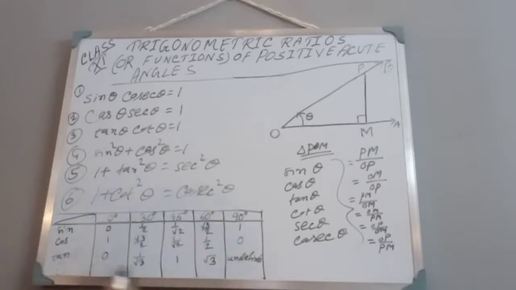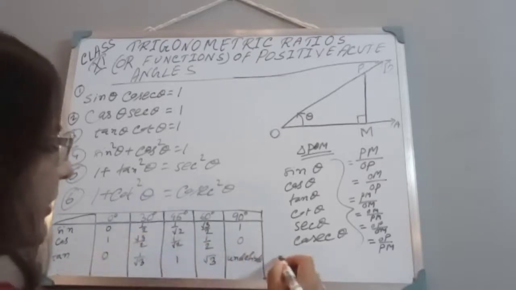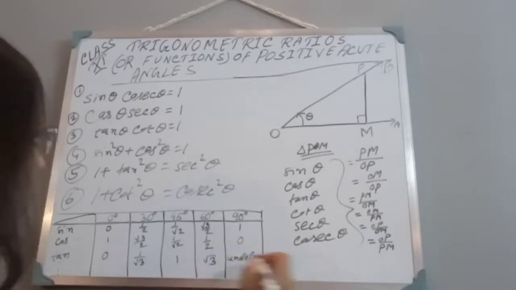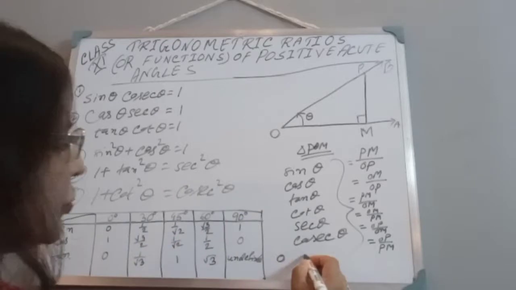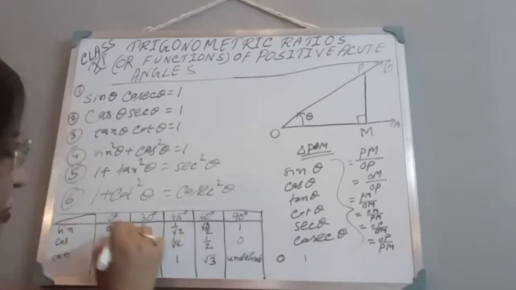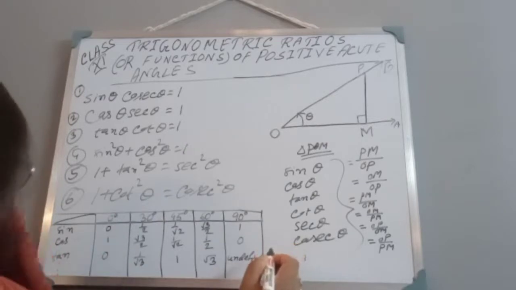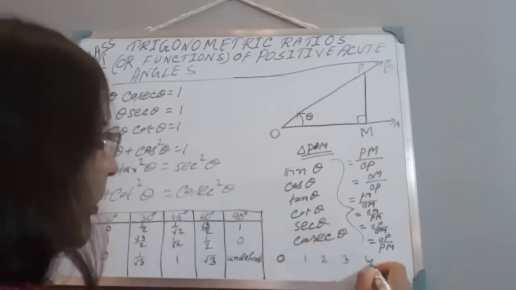How to get all these values, we have already done in the previous class, in class 9 or 10. But if you want, I can write it again and explain right now. It will take only a few minutes. Just put 0, 1, 2, 3, 4. Instead of 0 degree, write 0. Then for 30 degree, write 1. Then 45 degree, write 2. Then 60 degree, write 3. Then 90 degree, write 4.